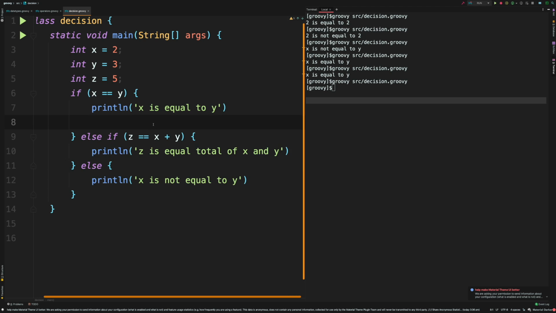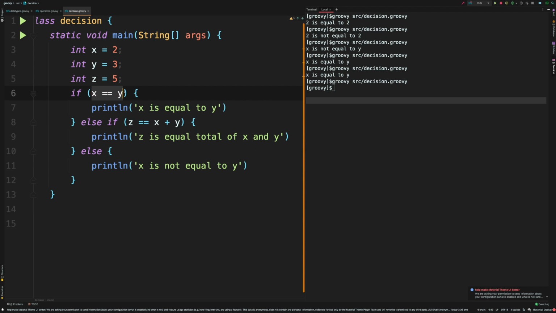Now let's just say we have the first condition, if x is equal to y, it will print out this one, and then it will go and check for this condition in case this if is false. Once it's false, it's going to check for this condition, and if this is true, then it's going to print this line. Otherwise, it will go and print this line.